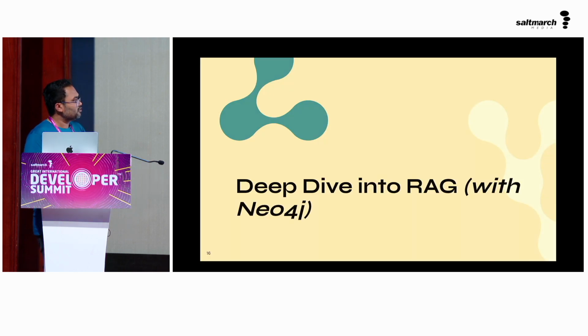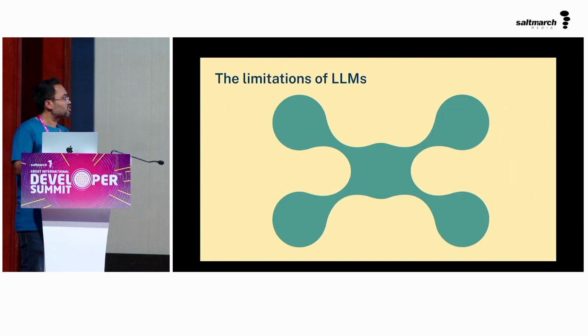Now, just to deep dive on the RAG, some of you mentioned that you don't know about the RAG. Probably I'll just talk about what is RAG and how it is relevant with the Neo4j, right? So before talking about the RAG, let's understand some of the limitations of the LLMs, where